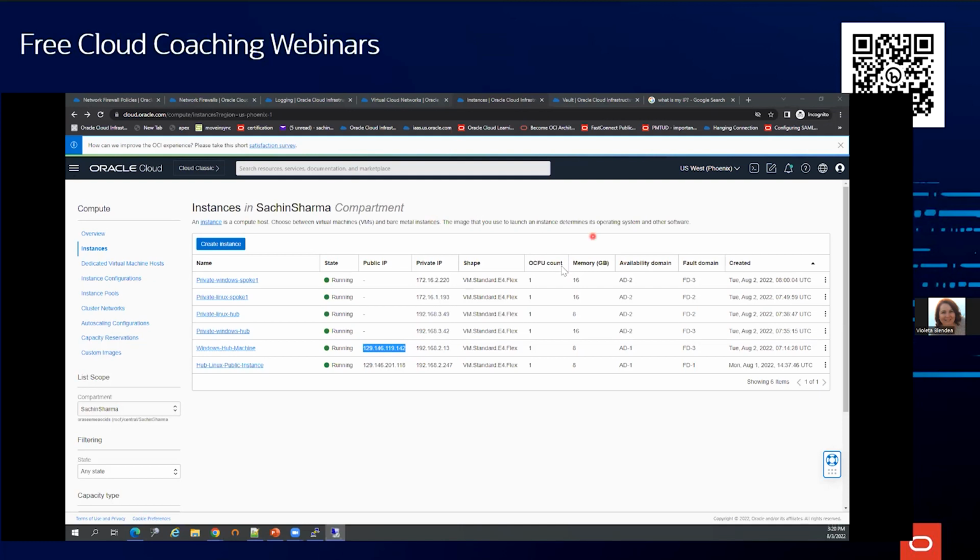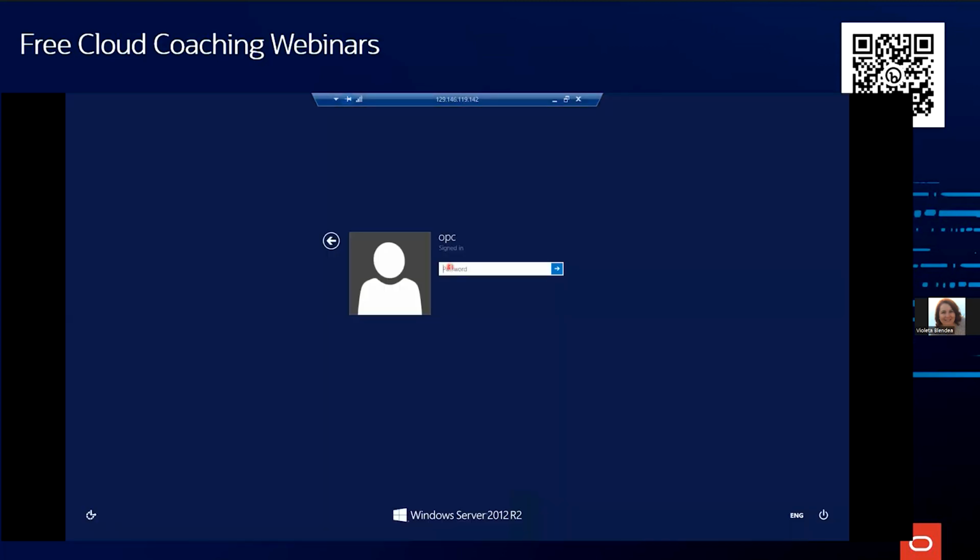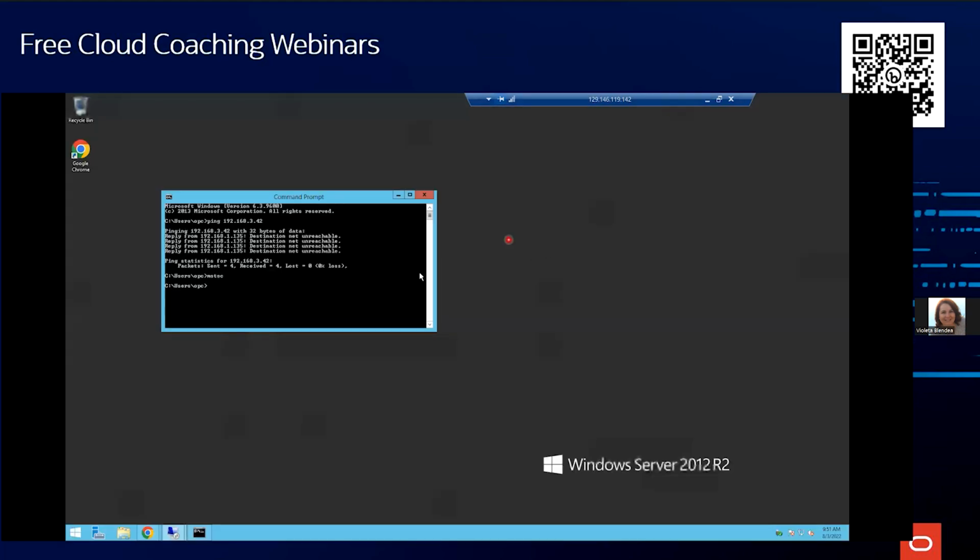So I am able to take an RDP connection, but I'm unable to ping that. Now I will check my Linux machine. I will be able to ping that Linux machine. Let us do RDP. This is my hub Windows machine, and this is my Windows machine, which I am accessing from subnet to subnet over RDP, and I am able to do that. I'm cancelling it now.